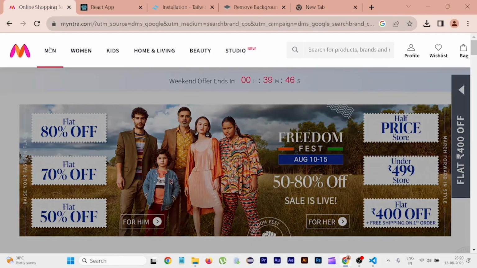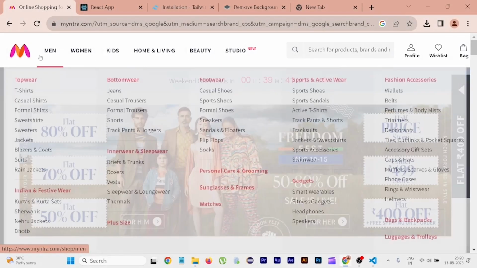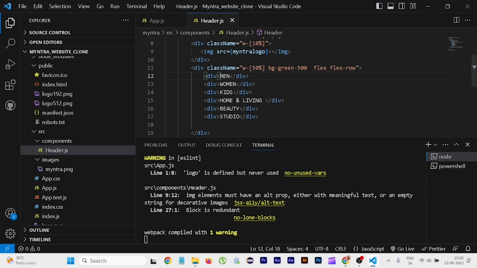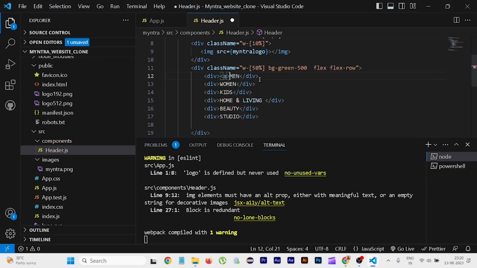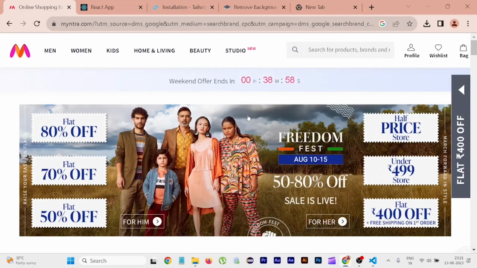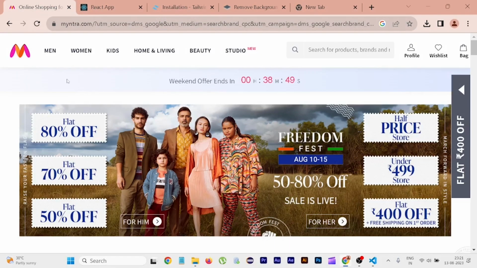Now, since you see this menu is clickable, these should be written inside the anchor tags. So here let me go and write anchor. Now you see these are written as anchor tags. They will be clickable. Yes. Next,